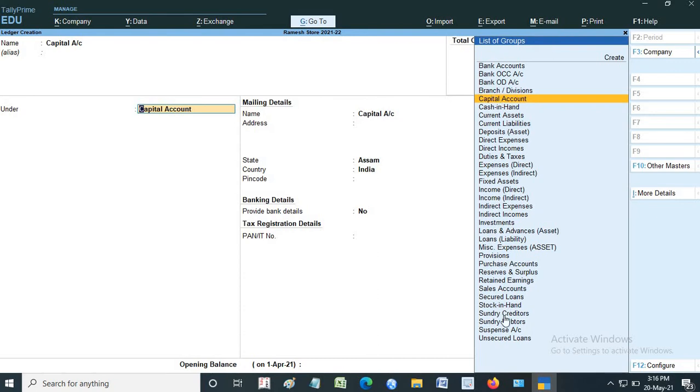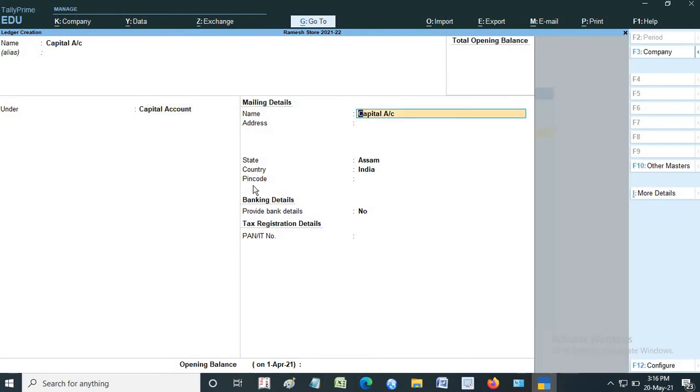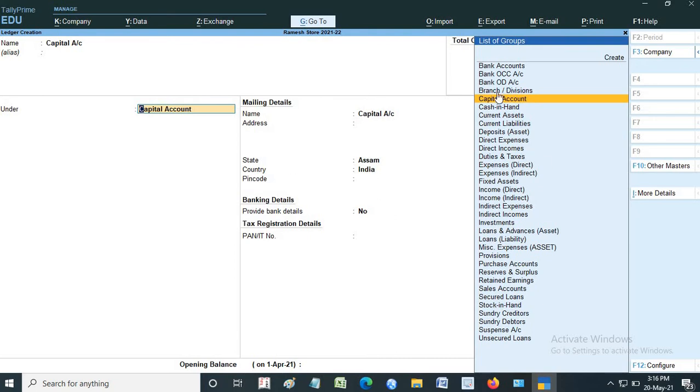Whatever ledger we create, we need to select the appropriate group for that ledger here. So if my ledger is capital, then the group of that capital ledger will be capital account. Similarly, if I'm creating the sales ledger, then the group will be sales. For purchase it will be purchase, like that. From these 28 groups,